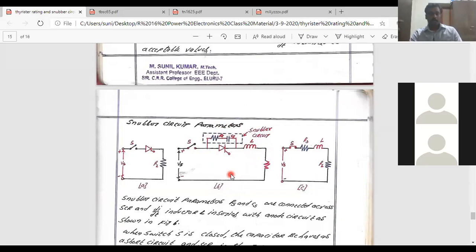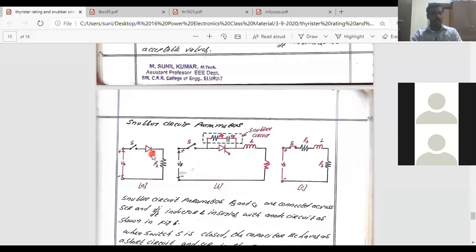Okay, so before considering this, when this dv by dt happens and when this di by dt happens, that is to be identified. When these ratings are going to be identified, either the device is going to be in the conducting state or the device is going to be in the blocking state. Always di by dt is nothing but the current flowing through the device, isn't it? So di by dt protection comes when the device comes to conduction, isn't it? So if the device is in the off state, there is no di by dt value, just a simple leakage current flows through the device.